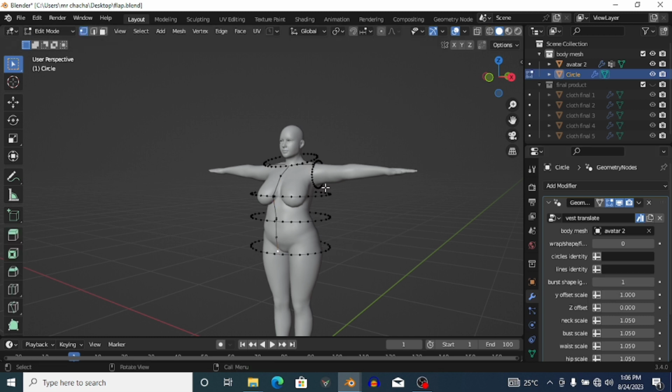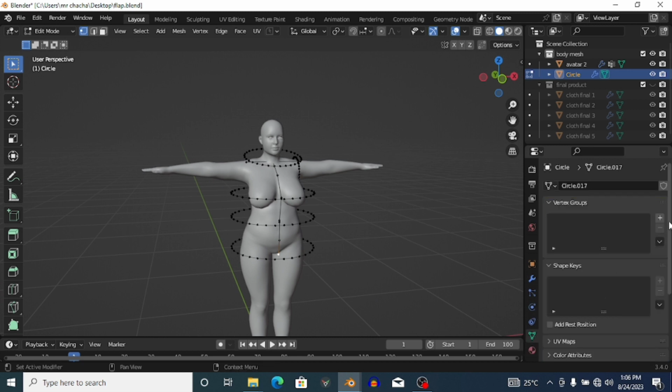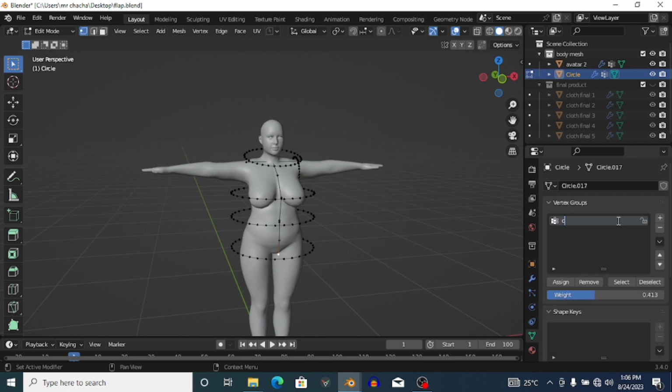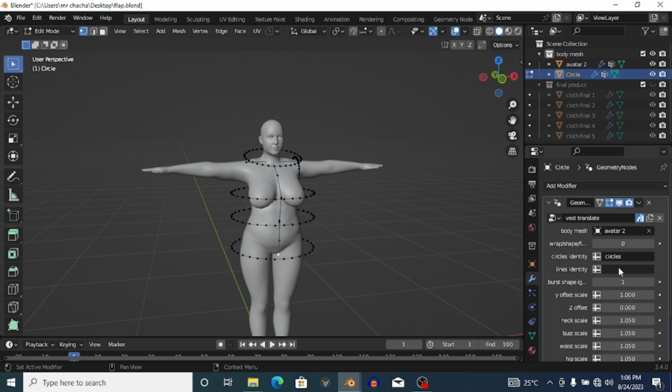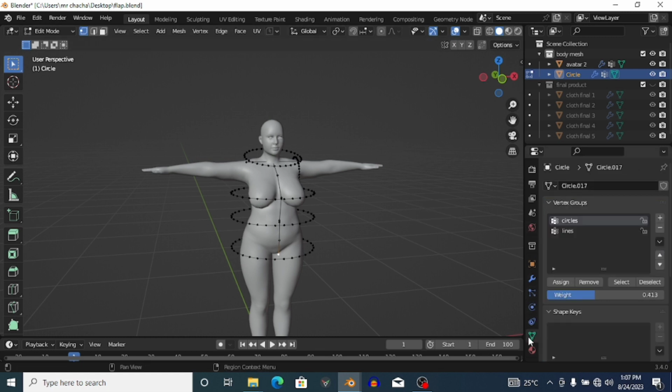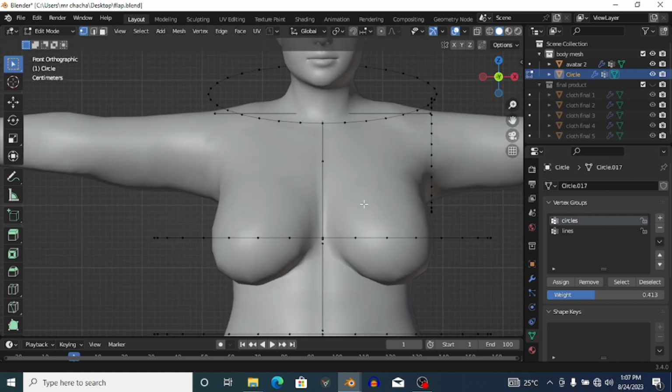So I'm going to Tab back into edit mode and go to the object data properties and add in a vertex group. The first one, I'll just call it cycles, and the second one I'll just call it lines. Okay, so I'm just going to go to the geometry node and select cycles, and for the lines I'll select lines. Okay, then going back to the object data properties, starting off with the cycles,